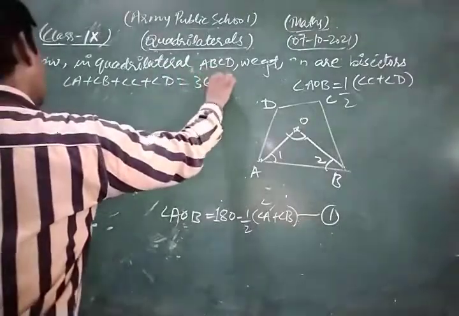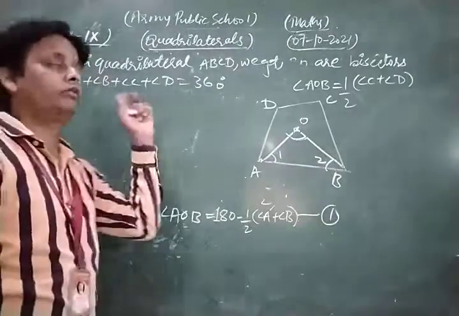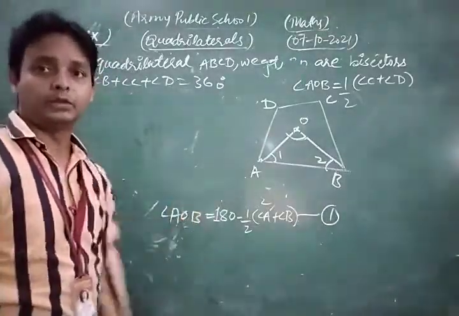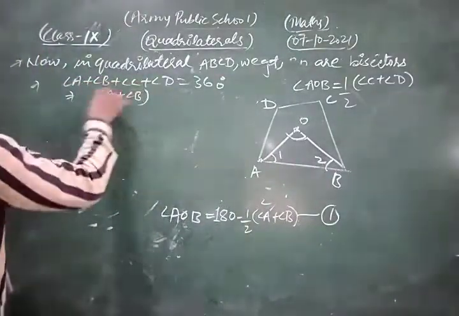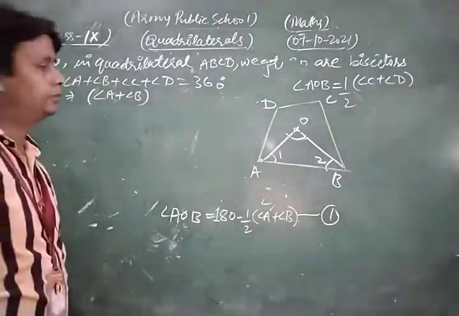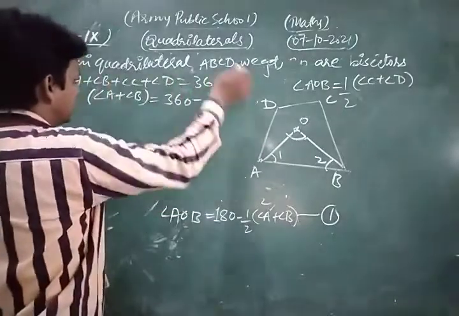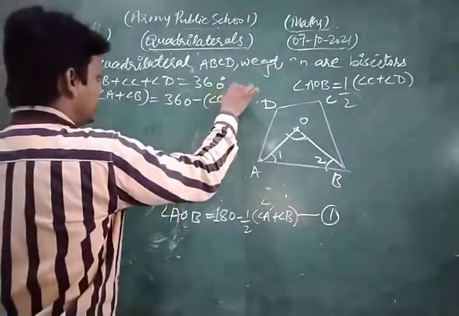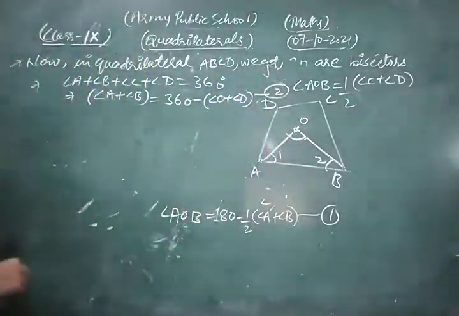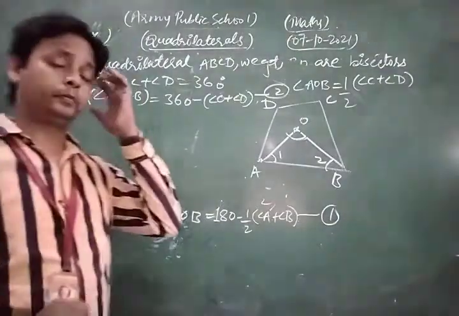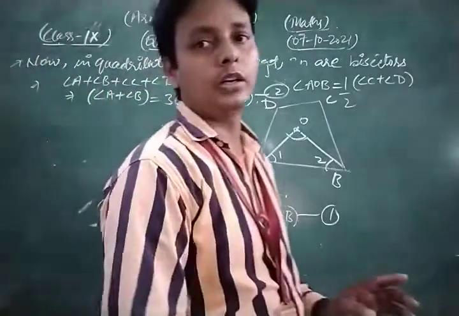is equal to 360. So from these lines, first of all we find the value of angle A plus angle B. Angle A plus angle B is equal to 360 degrees minus angle C plus angle D. Take this as equation number 2. So in this way, by the help of the angle sum property of the quadrilateral,